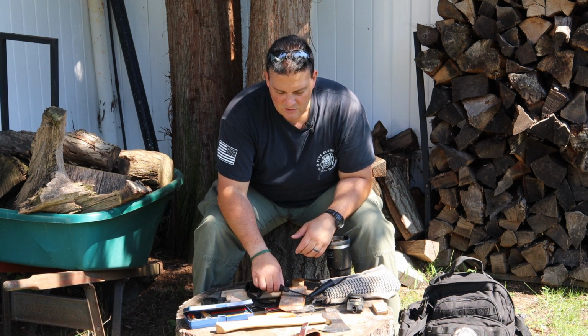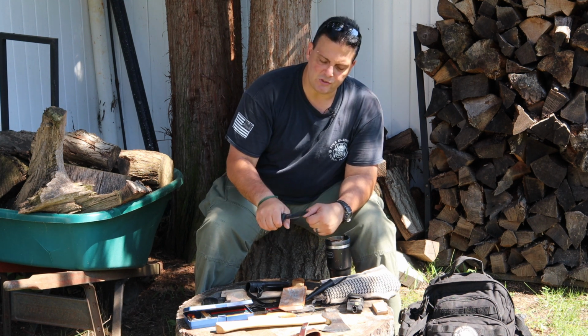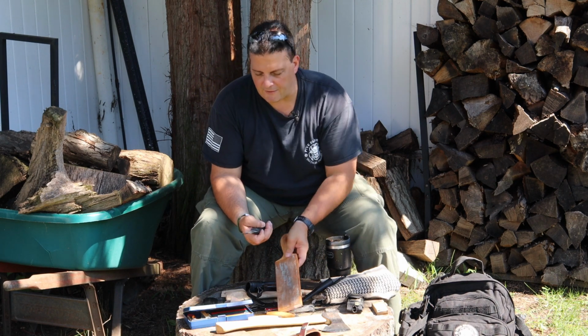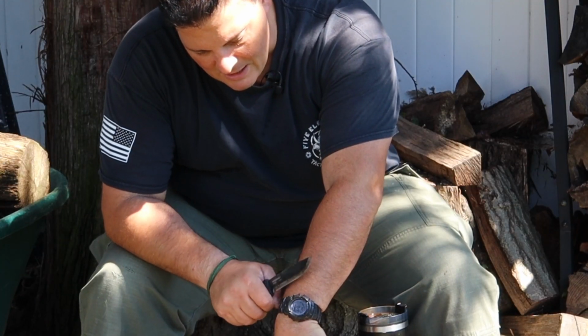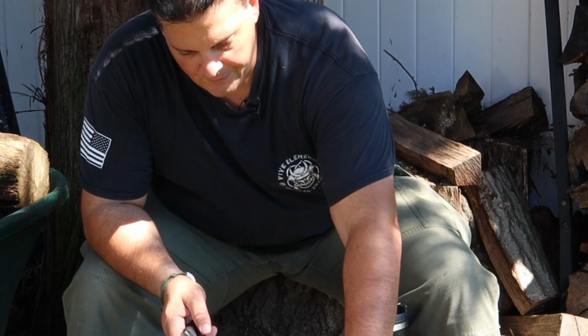But if it's one of those things where you're cutting and you feel like it's not doing what it's supposed to do, take a few strokes with the strop and it comes back to life. It's not quite sharp enough. If I press, which I don't want to cut myself, but